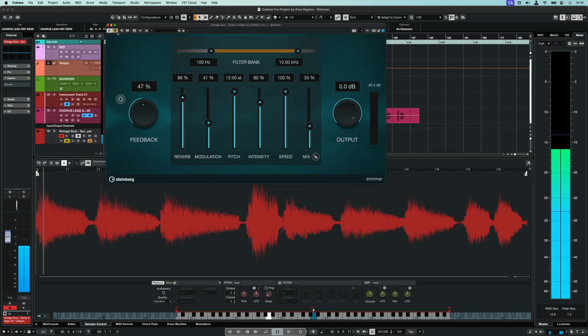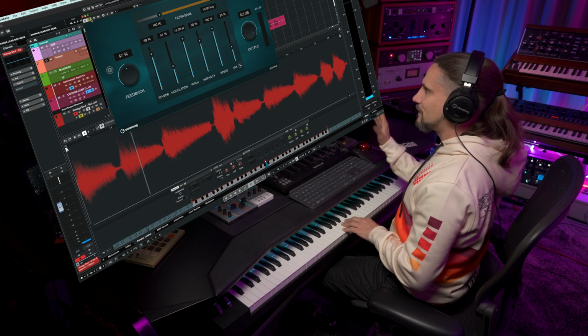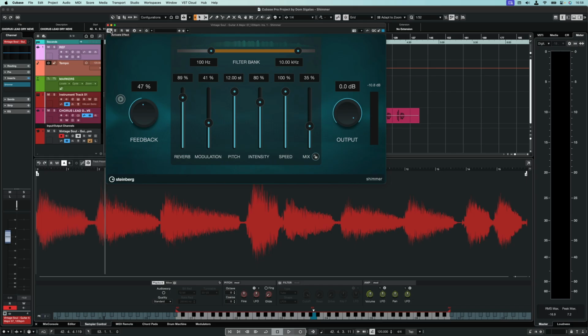Now let's listen to it on a sample with a sample track. So you can hear the sample is very dark, but when we add the shimmer,